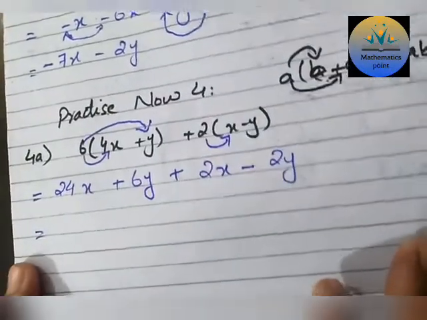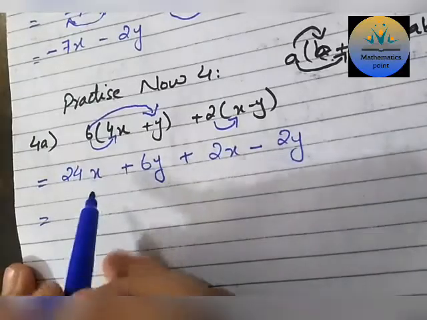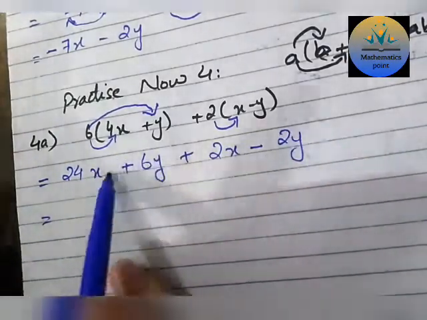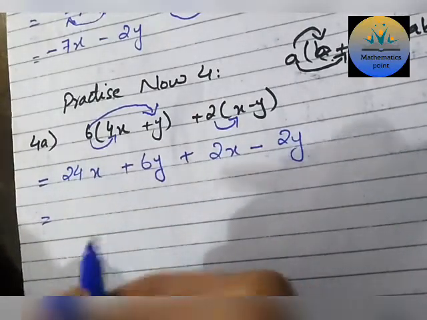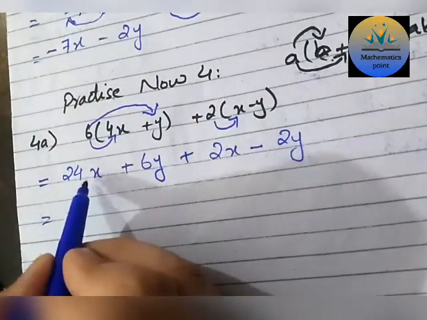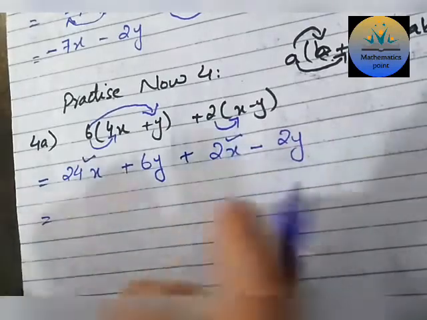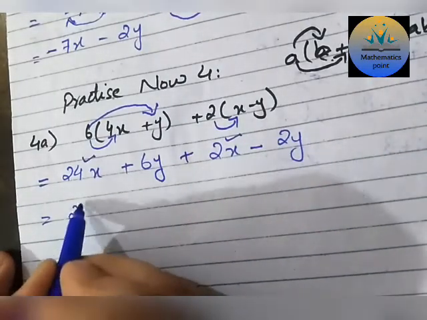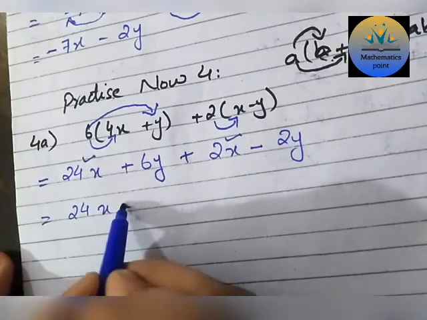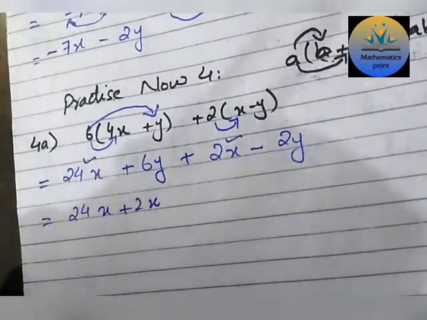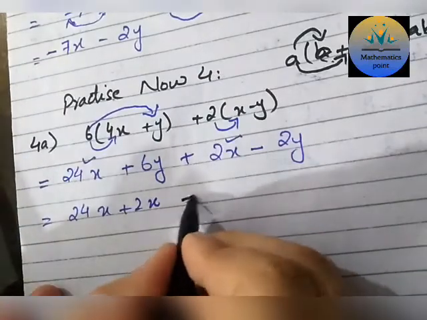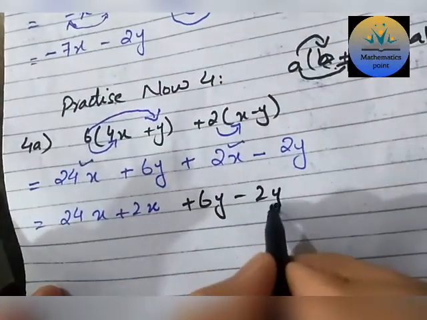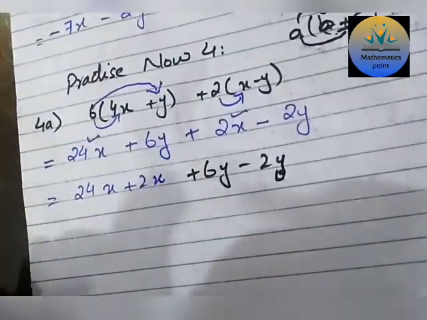So now you can see on the screen that we have two terms. Basically in this expression two variables are involved, x and y. So firstly we have to arrange the terms with the same variable. Here this is the x term and this is the x term. Only the terms with the same variable will be solved, not the opposite one. 24x plus 2x, and second is minus 2y.